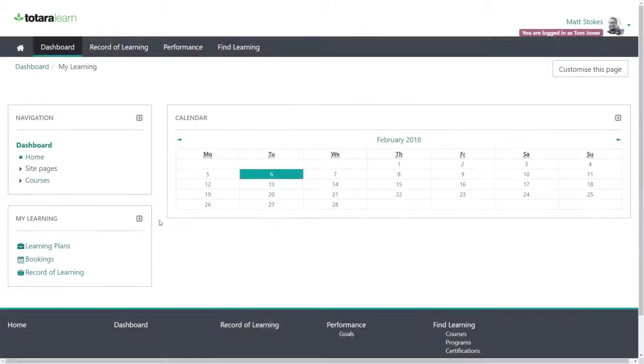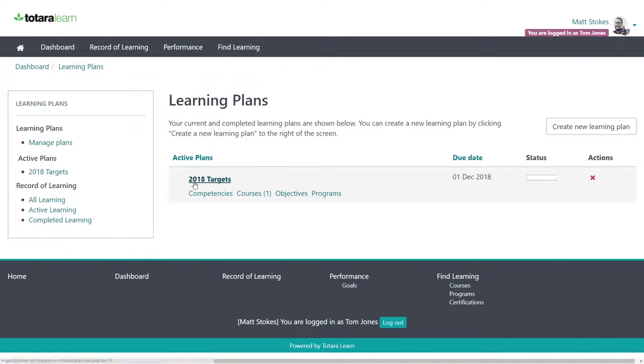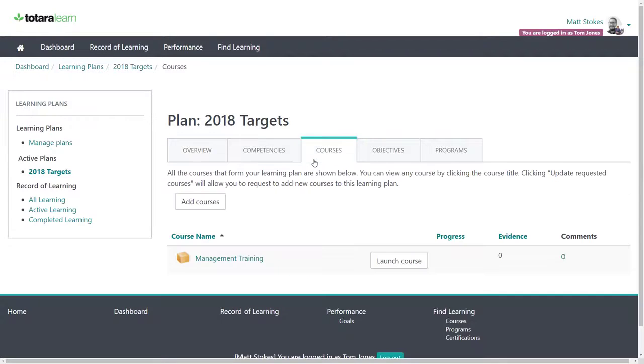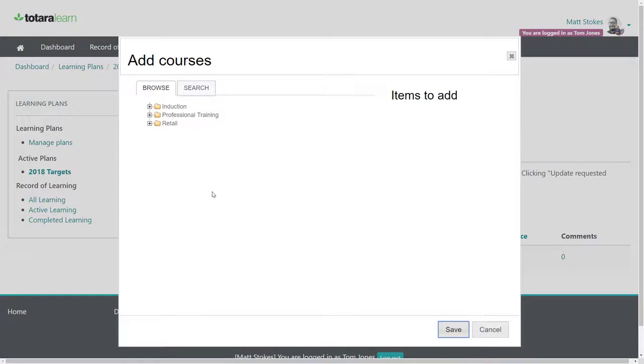The learner will be able to see their learning plan under My Learning or another space if you have this set up. In the basic workflow settings, the learner has permission to edit the details of the plan. This includes things like the name of the plan. The learner is also able to request to add learning items by clicking on the component and by selecting Add. For example, the learner could choose to add a course,